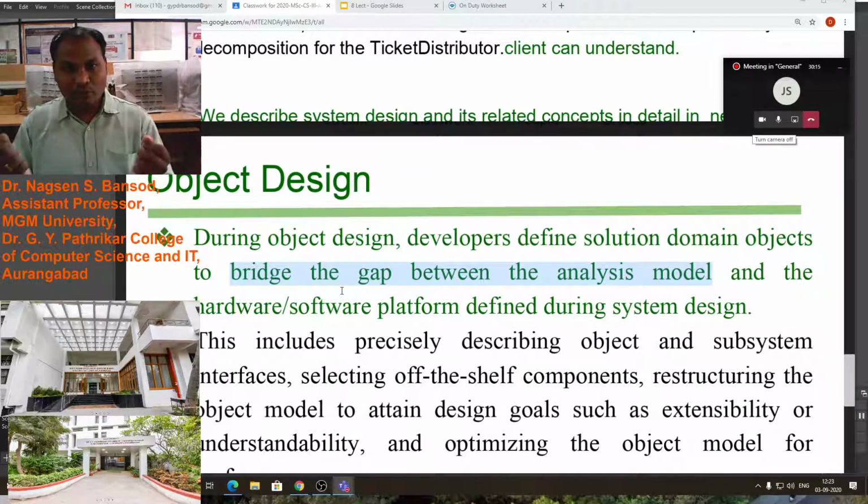Which interface do we have to use in between? The traveler inserts money and gives input to the machine in the form of a destination. He will select the zone in which area he wants to go. This is one step of how we have to do it as a software engineer.